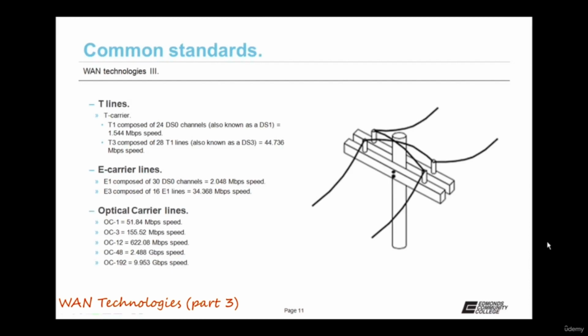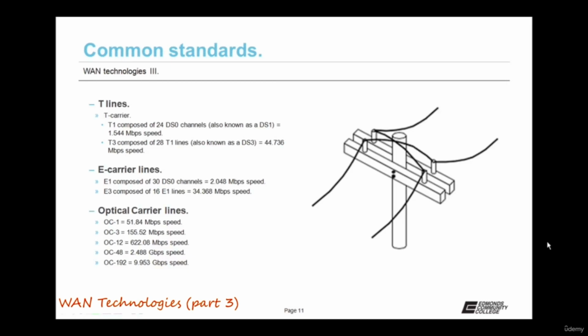Let's conclude with common standards. The standards I'm going to be talking about are the speeds. And we begin with T lines. A T1 is composed of 24 DS0 channels, which are also known as a DS1, and it's capable of achieving speeds of up to 1.544 megabits per second. If that's not fast enough for you, you can lease a T3 line. It's composed of 28 T1 lines. Now, a T3 line is also known as a DS3, and it can achieve speeds of up to